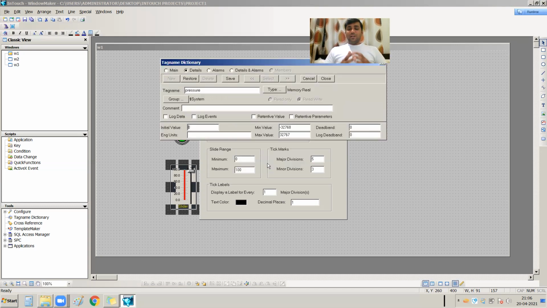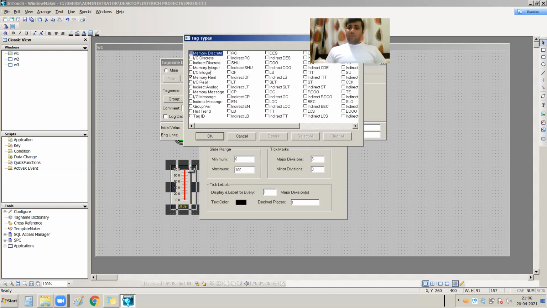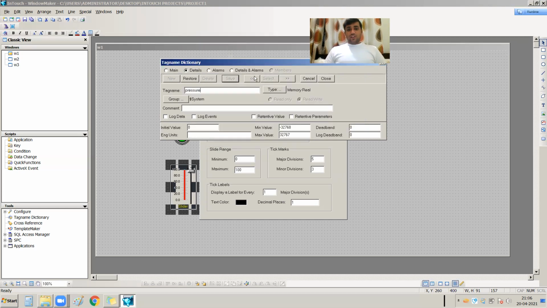Pressure is an analog tag, so automatically the type is memory real. You can select memory integer, but memory integer means you cannot write or read a floating point value. For floating point values you have to select memory real. Floating point means 56.5, 56.3 like this, and memory integer means 56, 21 without a decimal point. So I am using memory real. I am saving it and closing it.